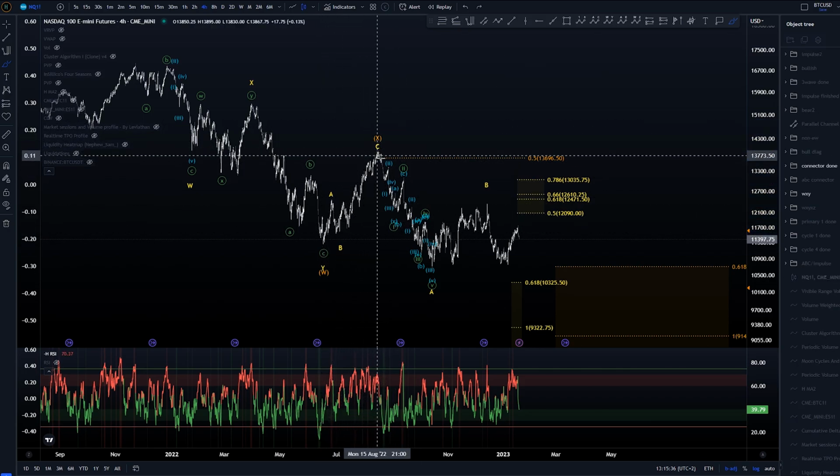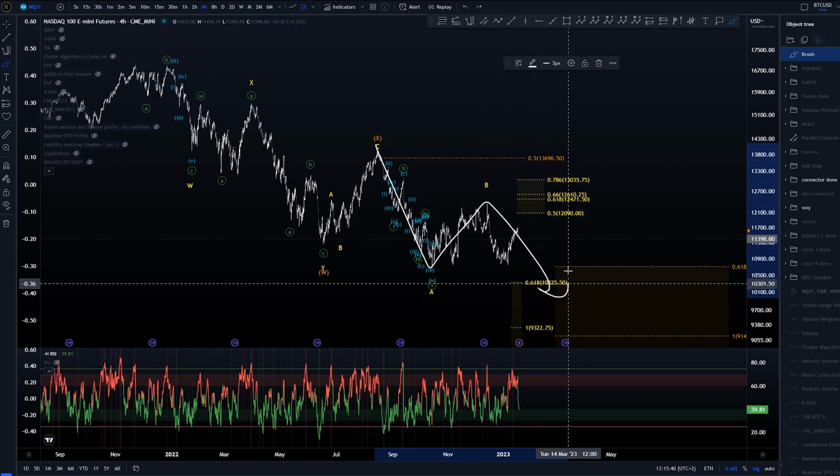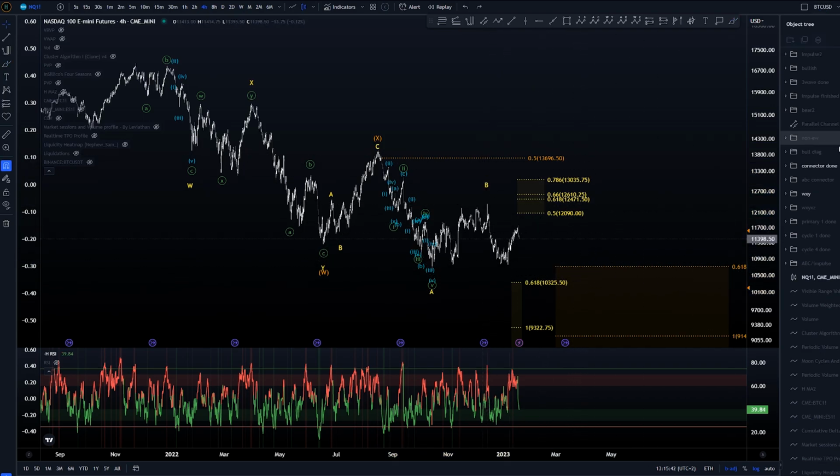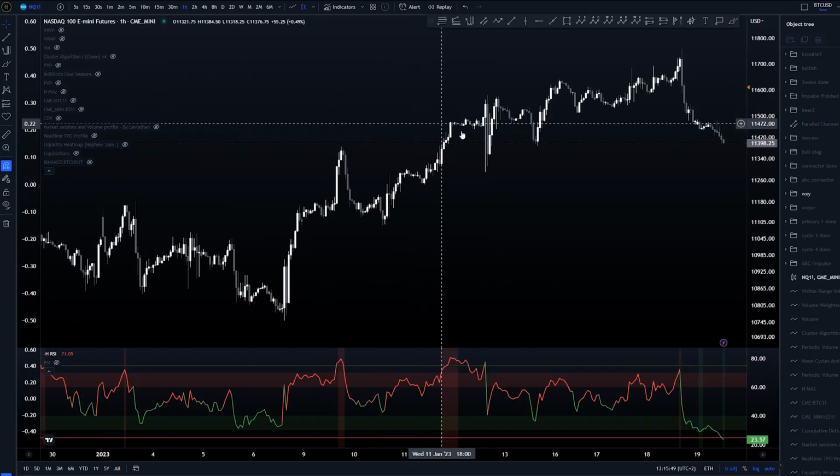or we would be looking to create the X wave already up in here in three waves, and then we would have this as the A wave, looking for a B wave, and then looking for downwards again. So those are the higher degree overall structures that we are tracking, and let's take a look at more of